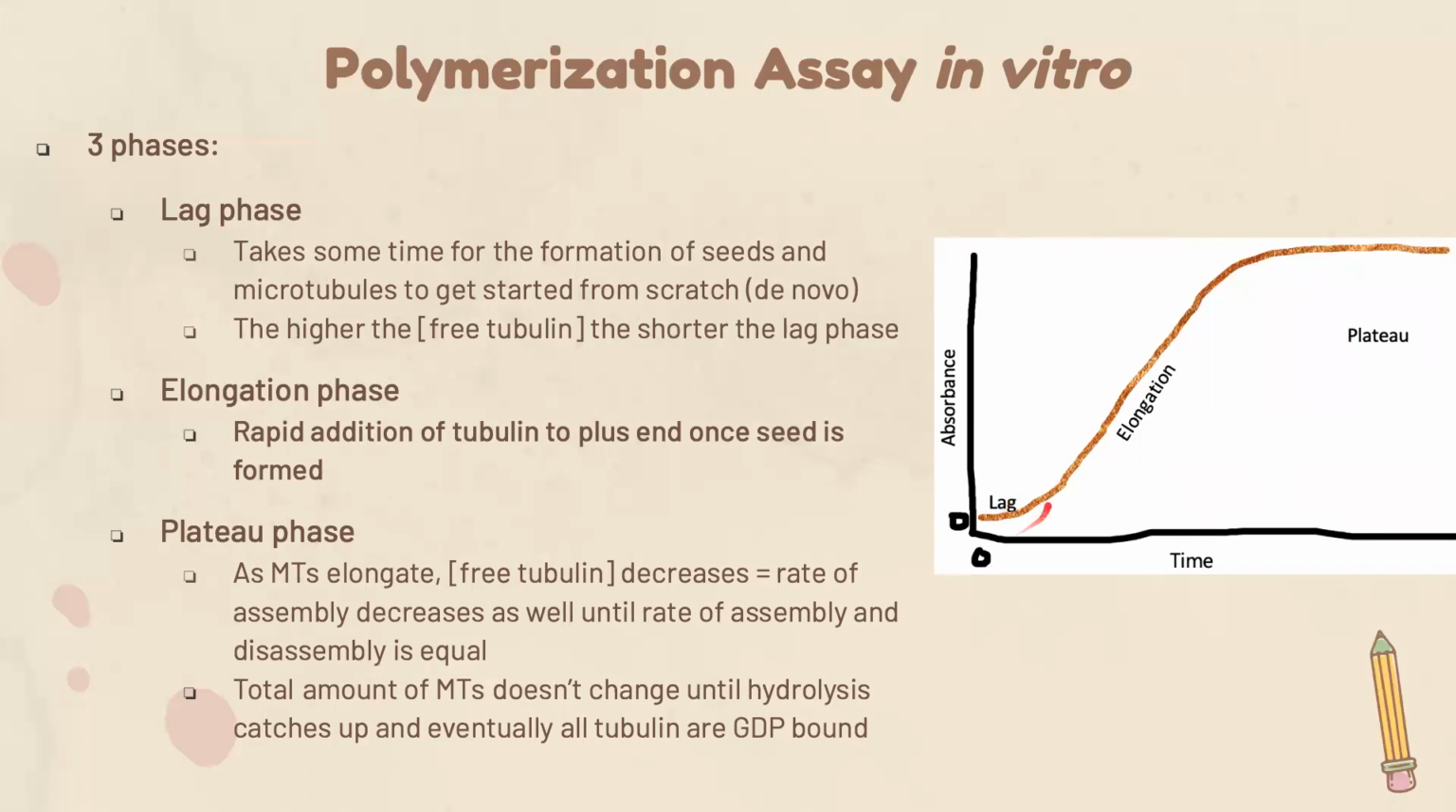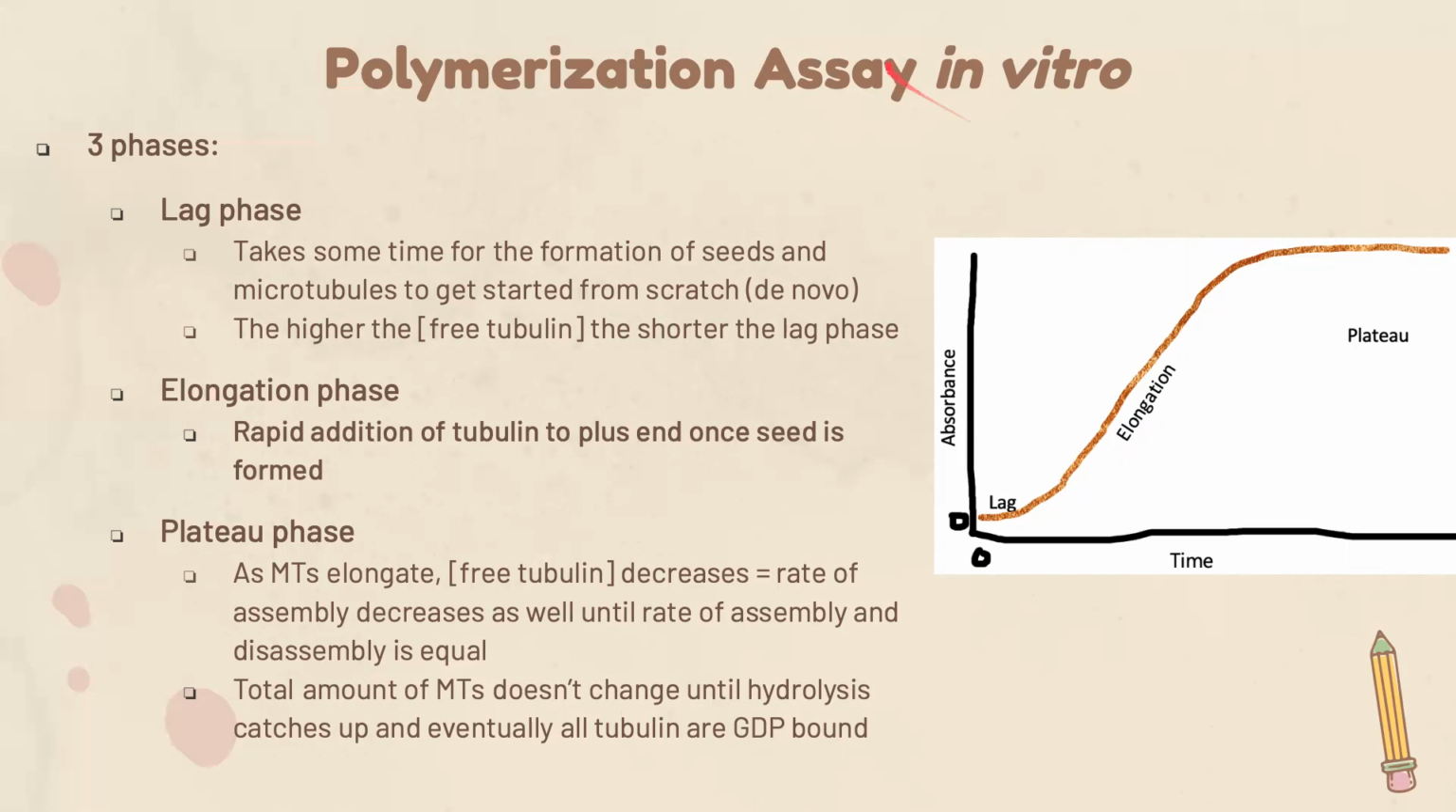In the lag phase, because it's in vitro, you're building it from nothing, it takes a little bit of time for all of the tubulin to come together and even form a seed. And so that's why you have that lag phase. And obviously in that case, if you have a greater concentration of free tubulin, then your lag phase would get shorter because it doesn't take as long before your seed forms. And then you can start to build off of that seed and form your